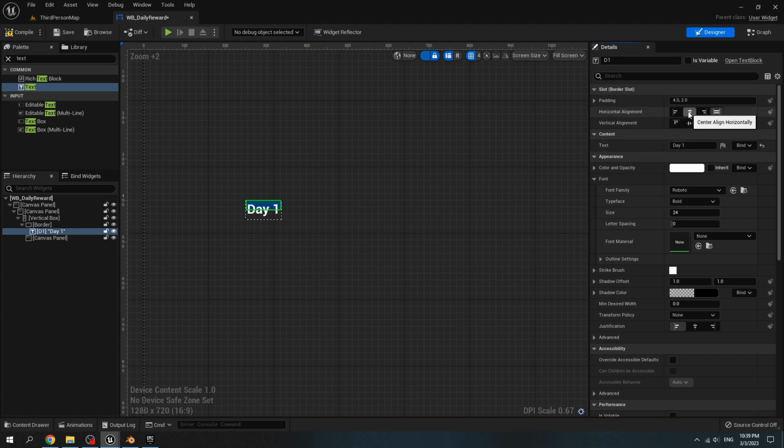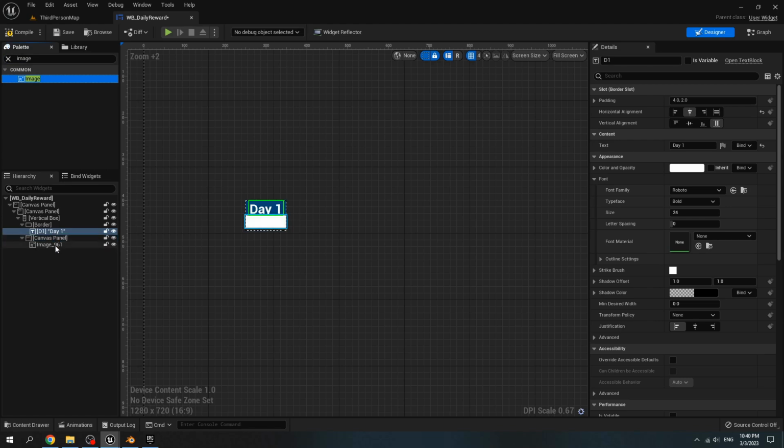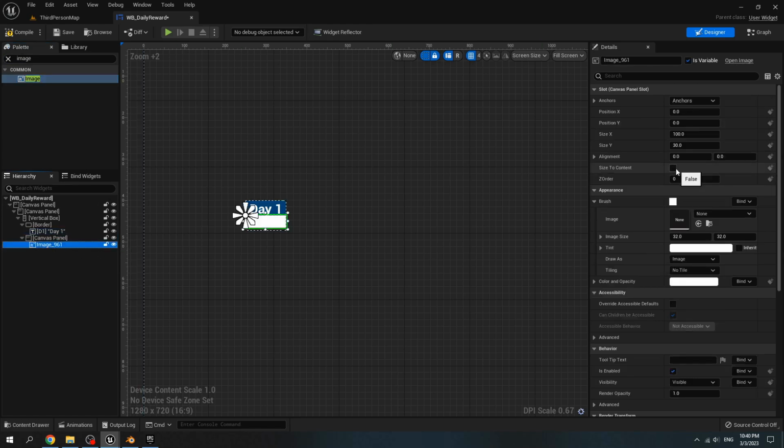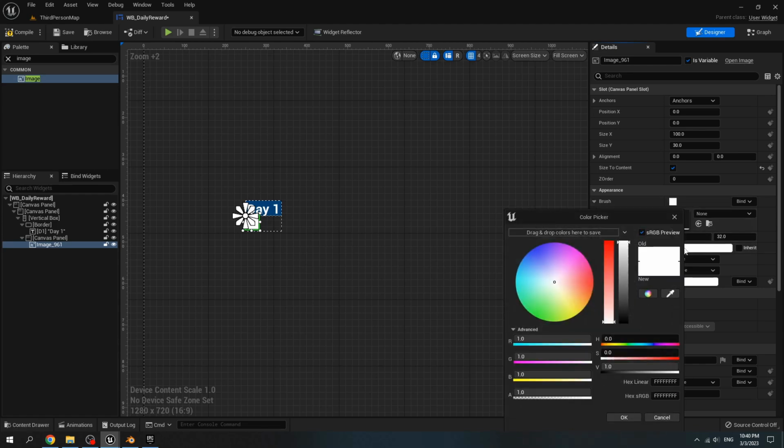Choose center align horizontally. Search image. Add it to canvas. Set size to content true. Then for brush color tint, choose light blue.